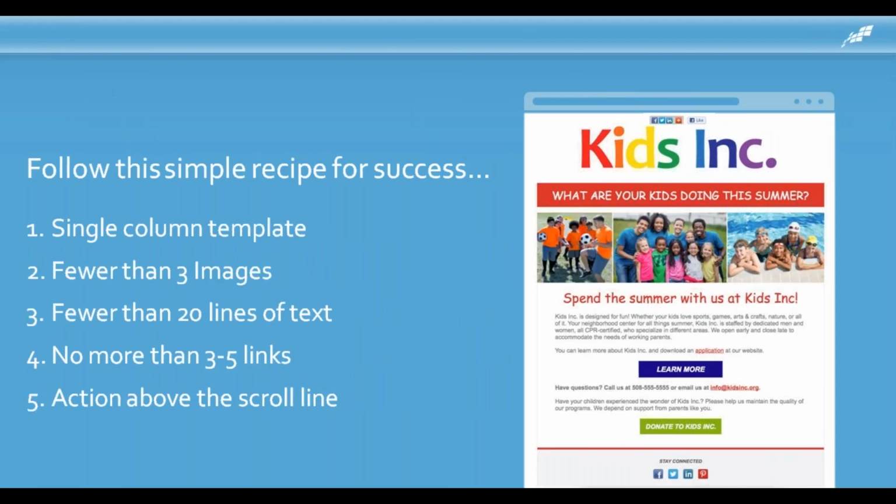Now here's your simple recipe for success. First of all, you're going to have a single column template. There are templates in Constant Contact. If you're using a design that you like, great. I want you to make sure that it's mobile friendly. Here's what mobile friendly means: that it shows properly on a mobile device. And the default for that are single column templates. So you want to pick a mobile friendly single column template. And I'm going to say there are 500 in Constant Contact. I don't know exactly. There are a lot to choose from.